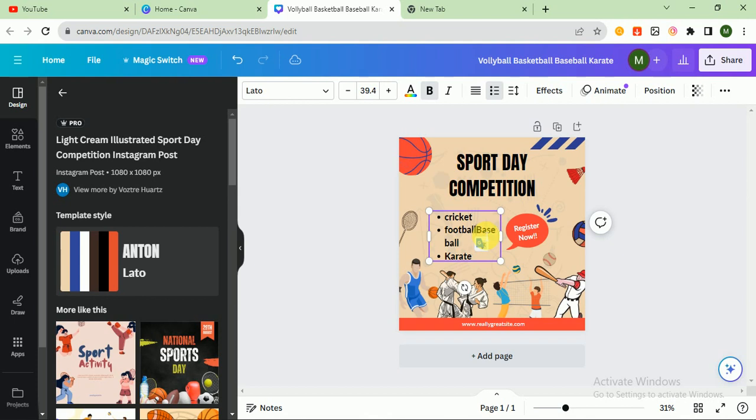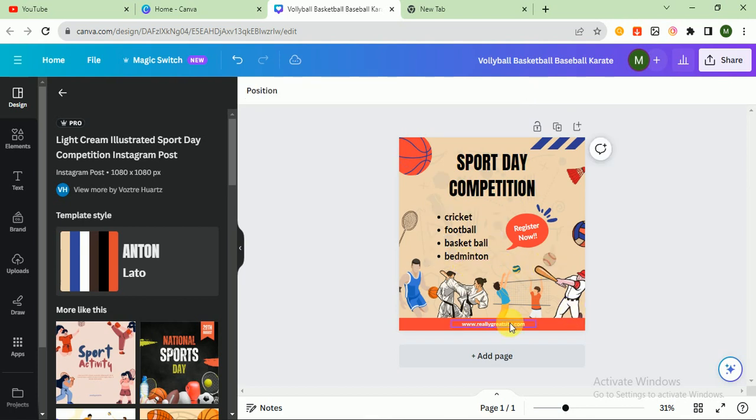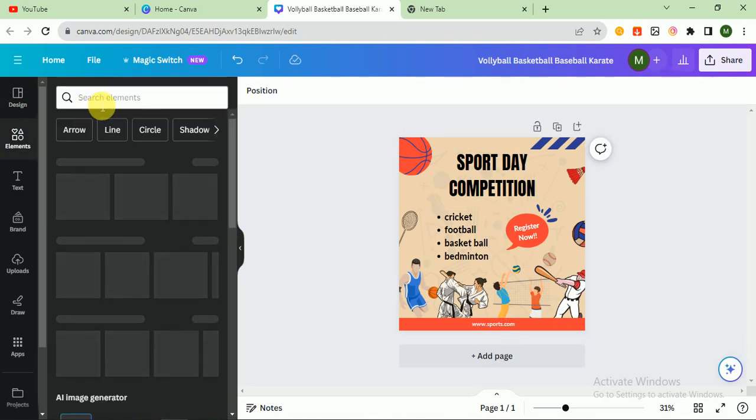football, basketball, badminton. I also changed the website name like www.sports.com. It's a dummy website just for making this post, and also you can add some elements